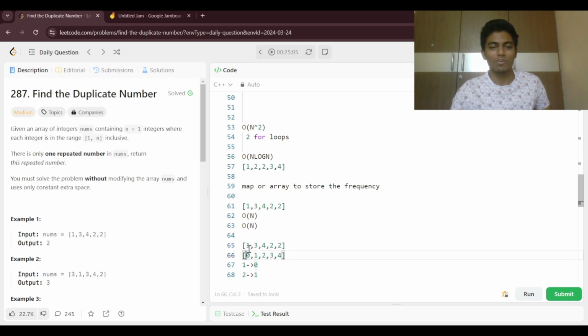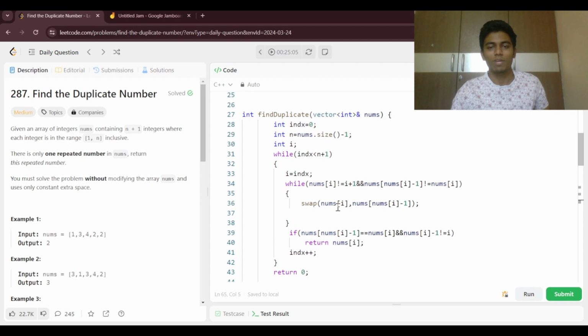so this is going to be 0 plus 1 equal to this, so this is same. So we are going to get back to next element which is 3 and then now we are going to compare nums[i] which is 3 and then 3 plus 3 equal to 1 plus 1 which is going to be 2. So this is different. So that's why we are going to map this particular element with 3 which is going to be 1 and then 2. We are going to map to this particular array. So we are going to swap and then we are going to do till one of them will be matched,